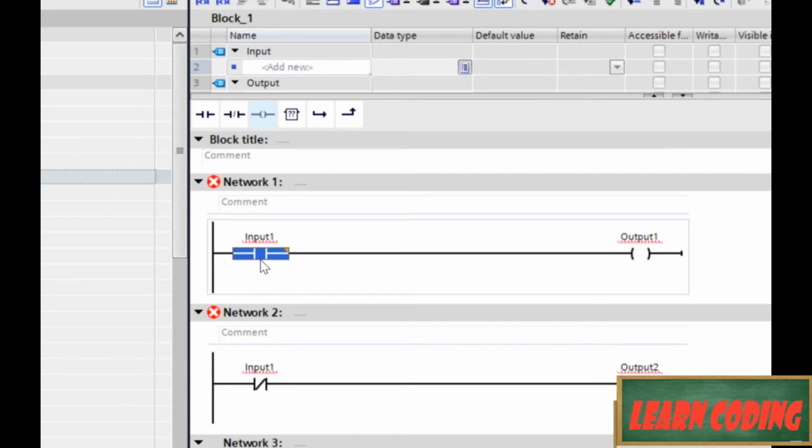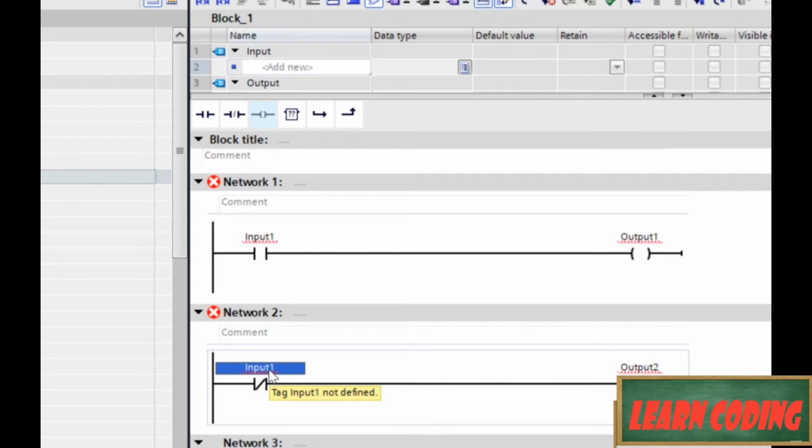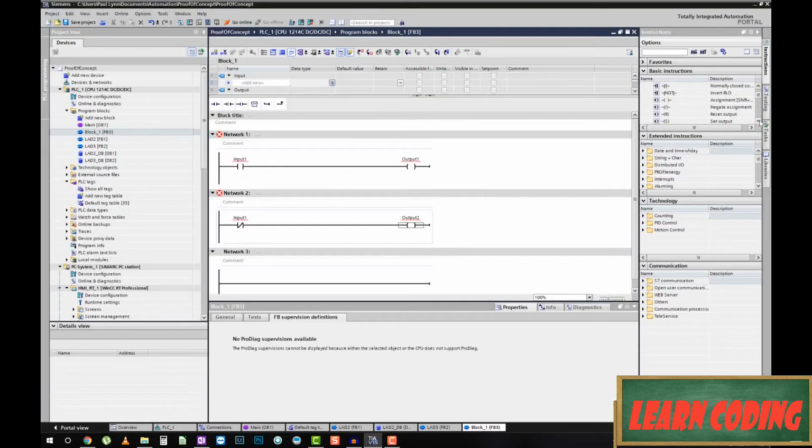They're opposite functions. This is called examine if closed. This is called examine if opened. So if input 1 is closed, i.e. true, then go ahead and do what's to the right. If input 1 is open, meaning not true, then go ahead and do what's on the right. Okay, so coming in here and scrolling down,